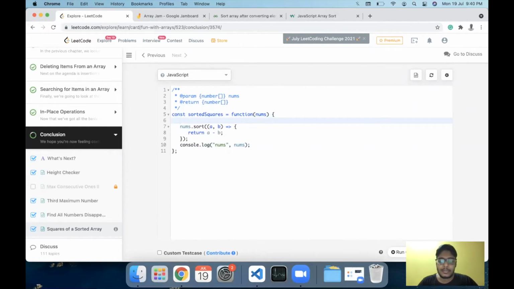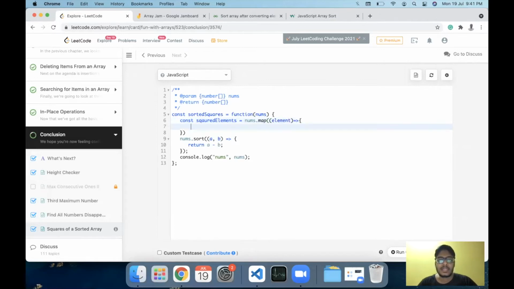For squaring the elements, we can use const squaredElements is equal to nums.map, and we can simply return Math.pow(element, 2). Once we have the squared elements, we can then sort them and return the sorted squared elements.